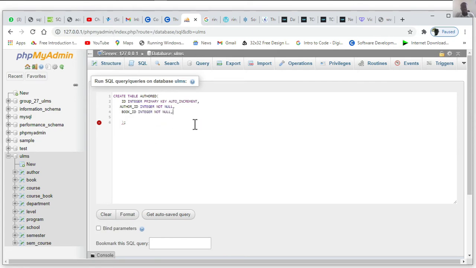Bring a comma and then we add the constraints which will link the author ID and then the book ID foreign key fields to the author table and then the book table. So we say constraint foreign key, two brackets. So the first constraint is for the author ID. So just copy the author ID and then paste it inside the brackets. So close it and we say references